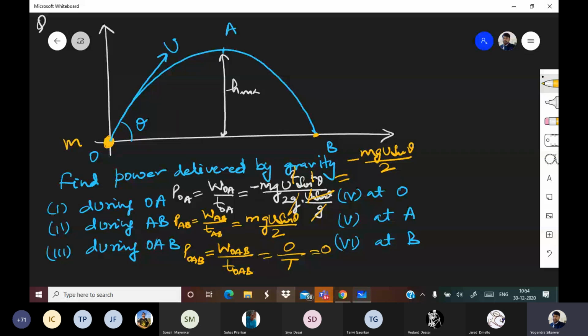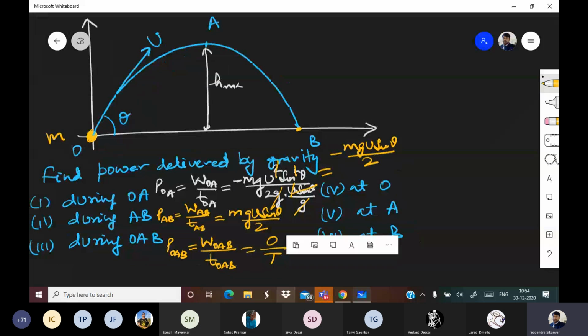Good. So P_OAB is equal to W_OAB upon T_OAB is equal to 0 by T is equal to 0. Now let us talk about the fourth question, and that is at O. As it is talking about instantaneous power, we have two ways, either to differentiate, but we have not got any expression to differentiate. So we are going to use P_inst